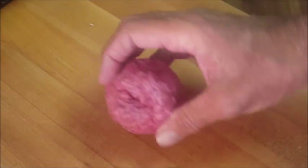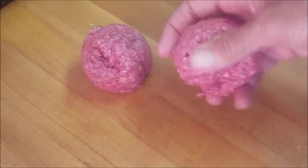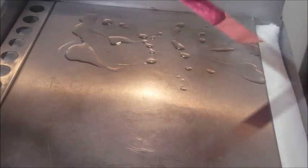Next, with your meat, I'm using ground chuck. Just form them into balls. Be sure not to overwork it, because if you overwork your meat when you cook it up, it tends to be tough. Then, over medium heat on your flat top or your skillet, add some vegetable oil and then add your